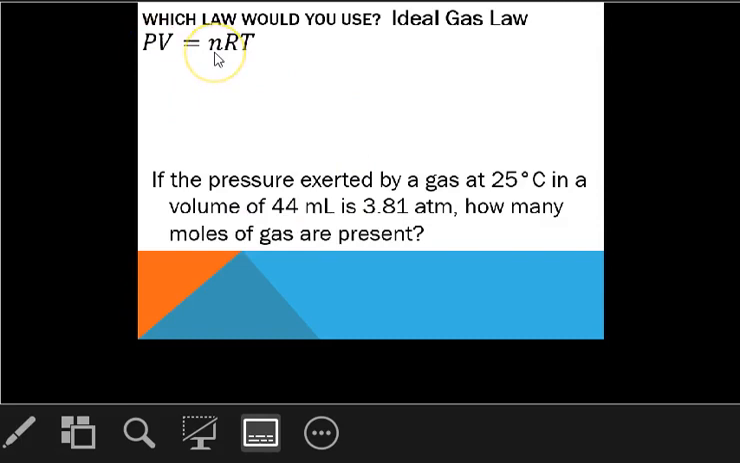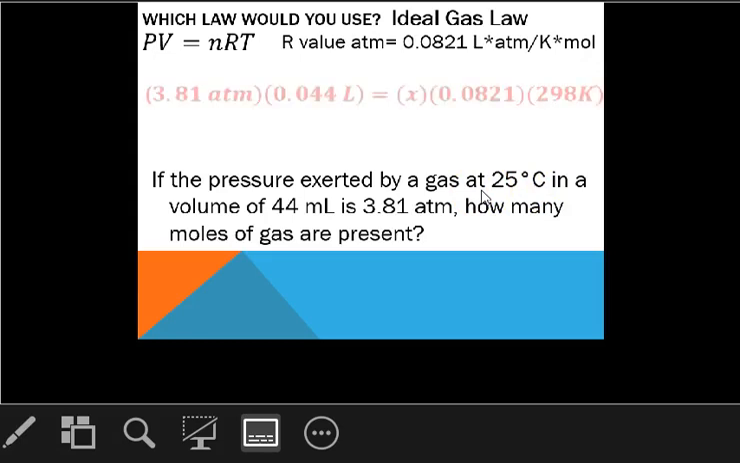equals the number of moles. By the way, that's going to be my variable because the question says how many moles. The R value, which they must present to you, is not a memorized fact for our class. It'll be up at the top of your test paper. And they've given you a temperature. They've given it to you in Celsius. Remember, you must do this problem in Kelvin. When you set up the problem, it looks like